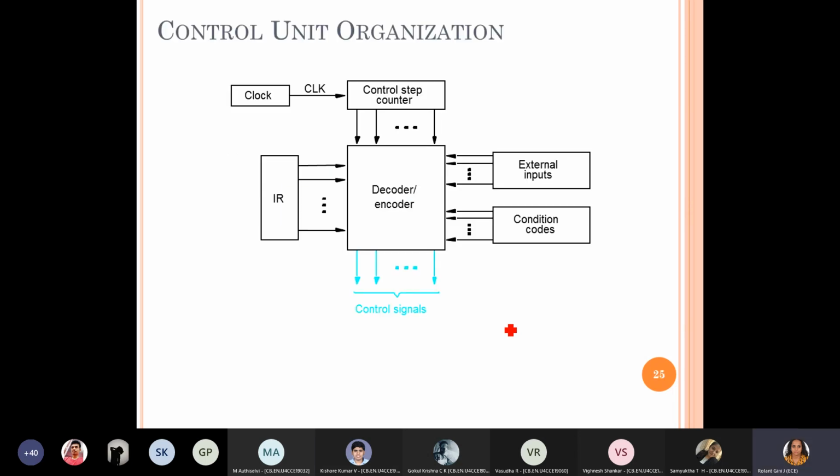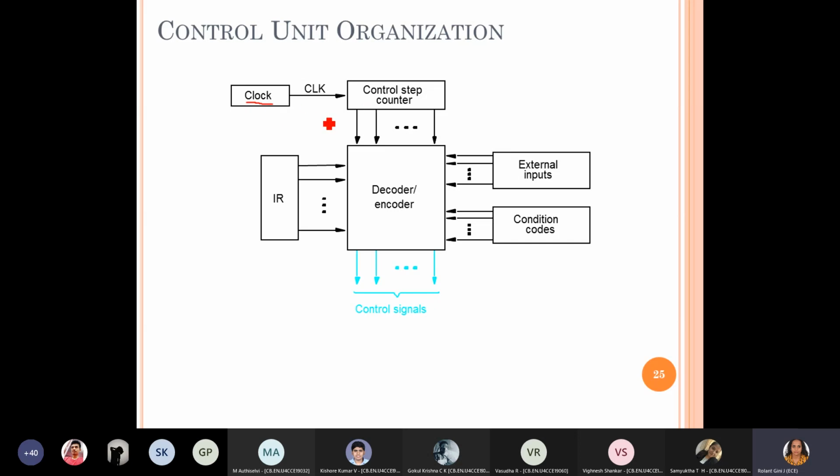Okay, so like I told you, this will be the basic control unit setup we can set, right? And there will always be a clock, invariable of whether it is a synchronous circuit or an asynchronous circuit. When it's a synchronous circuit, every control is based only on the clock pulse. When it's an asynchronous circuit, not of that sort, you can have additional control signals also, or you can enable and disable any particular operation, not necessarily based on the clock pulse. You can plan it based on other inputs also.